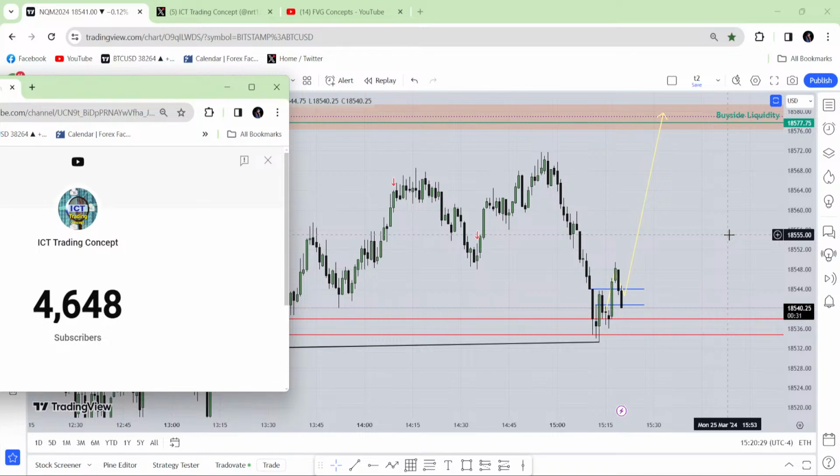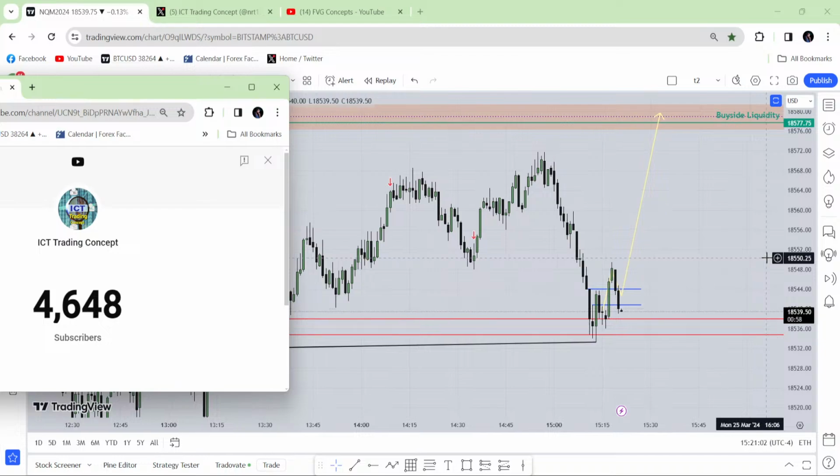Questions for MSS? Absolutely. Is this swing high valid for shifting market structure? Absolutely not. Until now, it's not. But if it can make another swing high here that is lower than that swing high, then it will be valid for shifting market structure. But brother, you told this is not even a swing high. No, I am not marking this as my swing high. I'm just using that one to make this high a swing high. So I don't need perfection over here. I just need a kind of high. That's all. Simple.